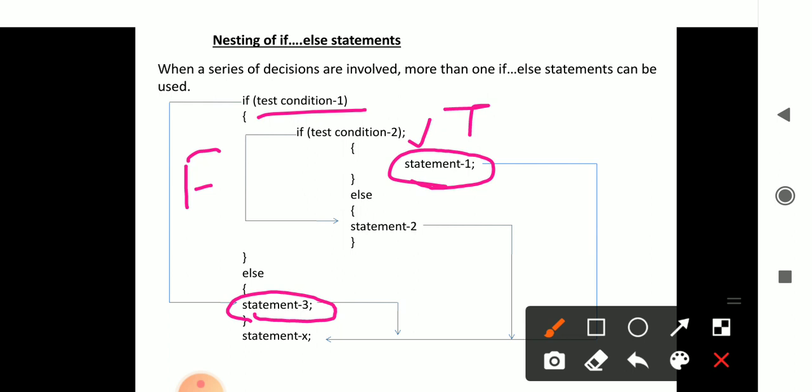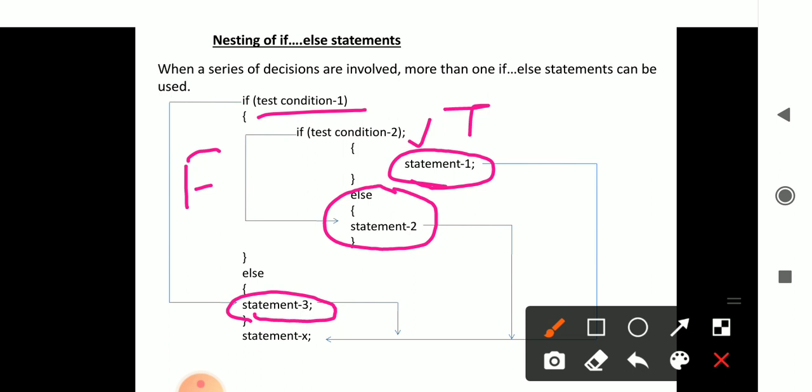Else, if the second condition is found to be false, then the else part of the second condition will be executed. That is, the statement 2 given in the else part of the second condition will be executed. So this is how the nesting of if-else statements works.